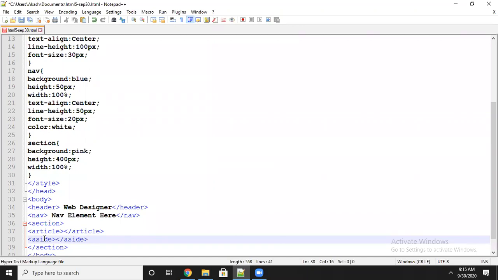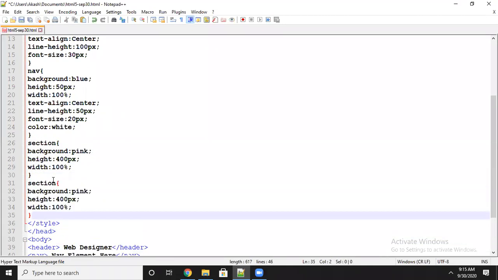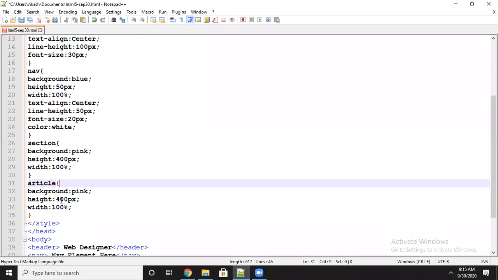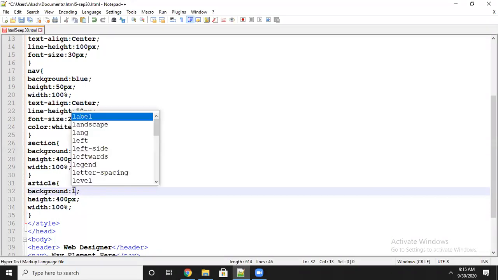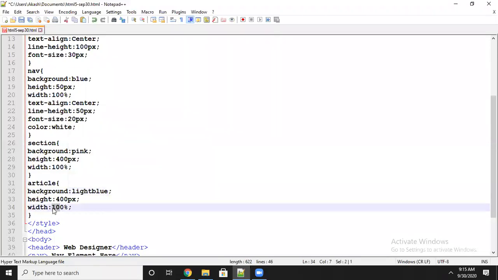Now what I will do for both, I will write the CSS. You can see for article tag I am writing. But what I will do here, I will not take fully 100% width. Also I will change the color to light blue only. I will take it as a width 65%.